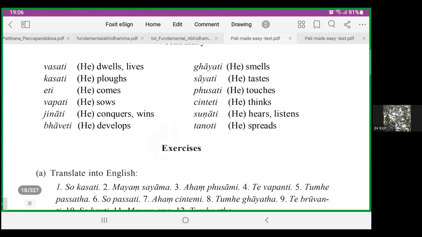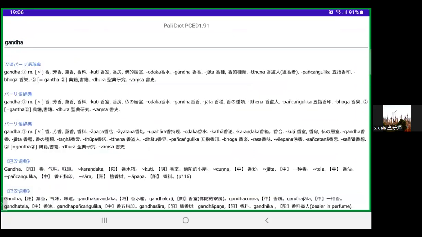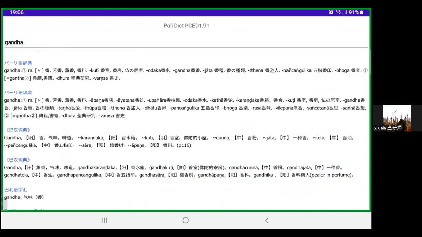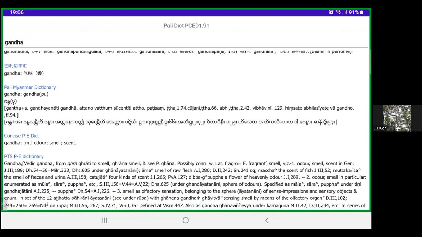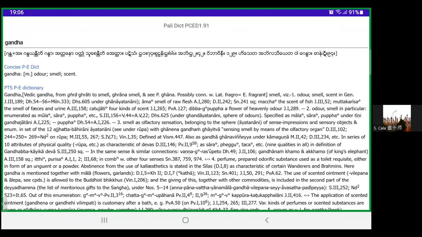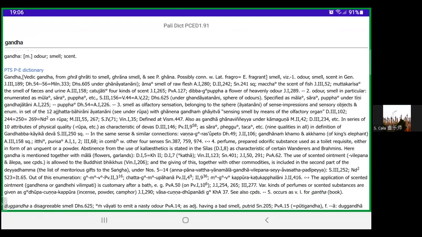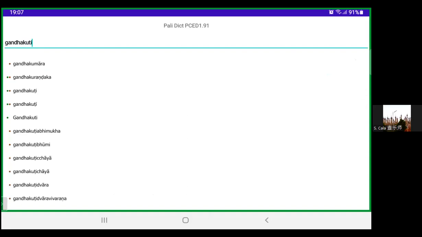Then the other one, I think Ganda. Ganda is a perfume. Ganda is a smell, is it? No. Perfume is a smell, but it's more on the side of, like, the Buddha staying in the Ganda Kuti, right? So it's not just smell, it's a perfume, a good smell. Normally this is considered a good one. Although in the Abhidhamma they usually use Ganda. For example, the Buddha stays in what we call the Ganda Kuti.